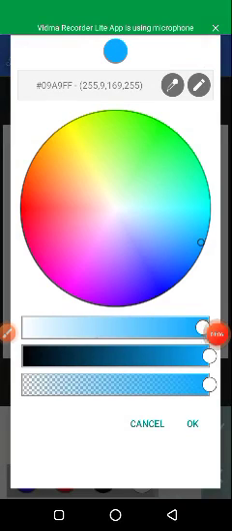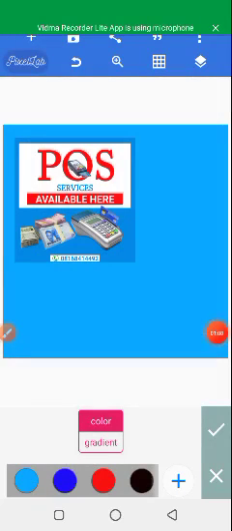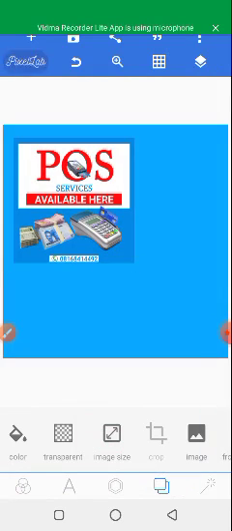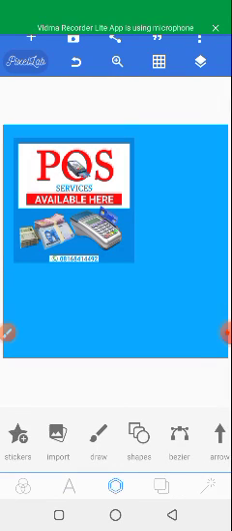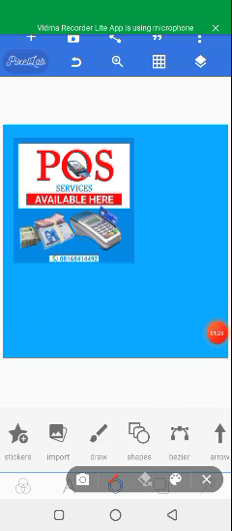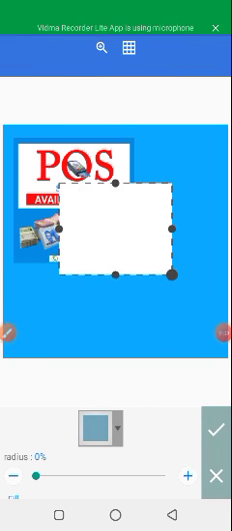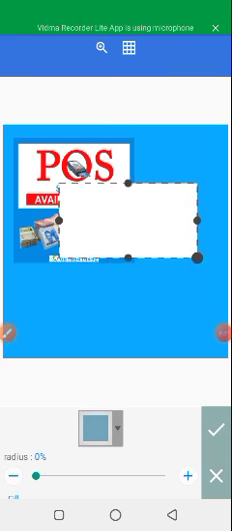Okay, now this is the color that I use for this POS. You can also choose any color you want. So what's the next thing? The next thing is to click on shapes. When you click on shape, then you bring in a white rectangular shape